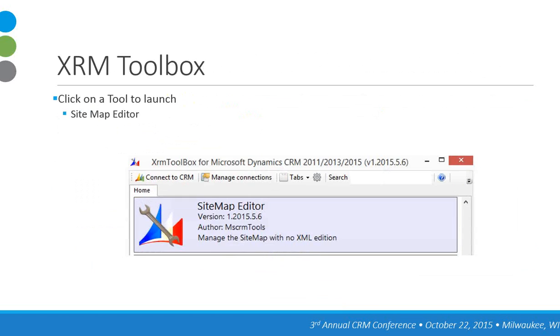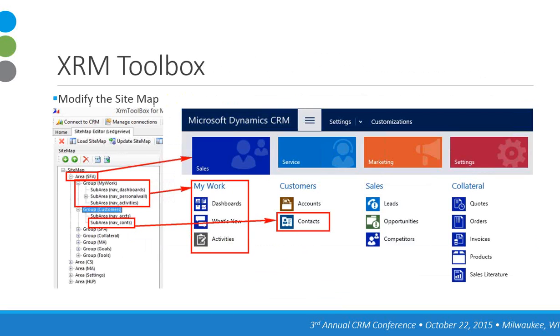One of the built-in tools for this XRM Toolbox that we like to talk about is the Sitemap Editor. You will find this by scrolling down on the Home tab once you launch the XRM Toolbox. What this can do for you is modify the navigation in your CRM, otherwise called the sitemap. And this is just an example of once you open that sitemap editor and click to load the sitemap, you'll see a hierarchical